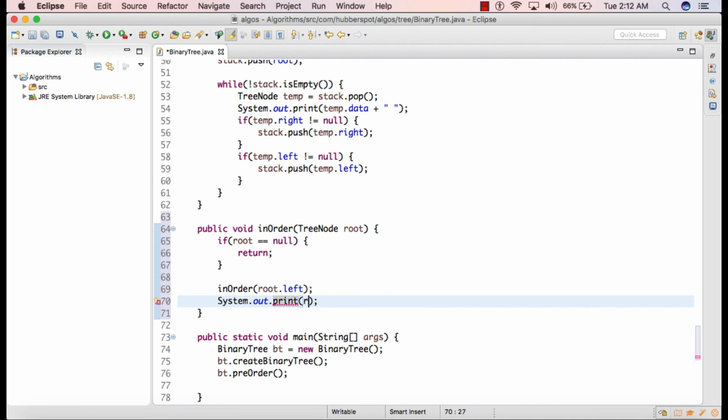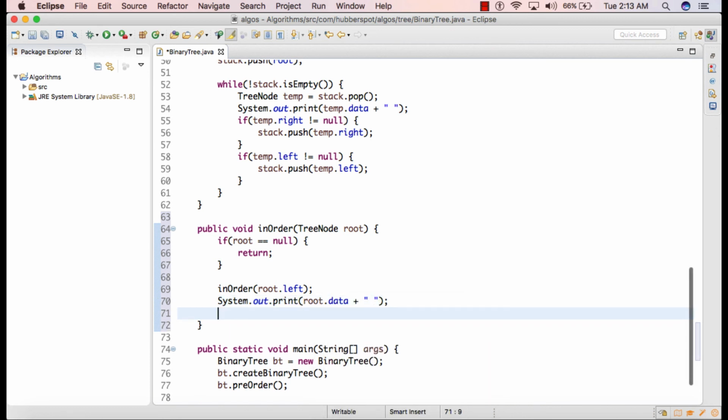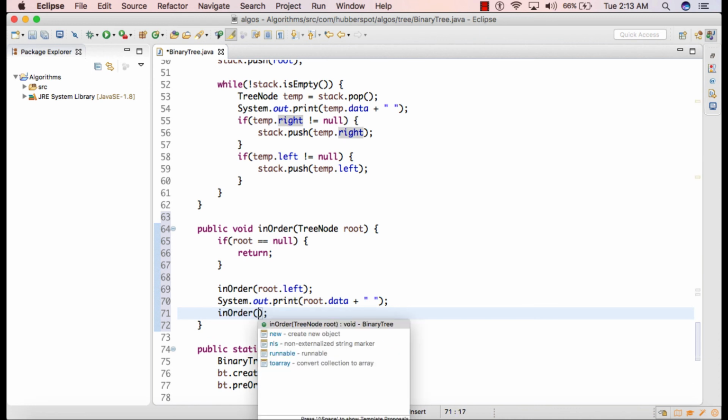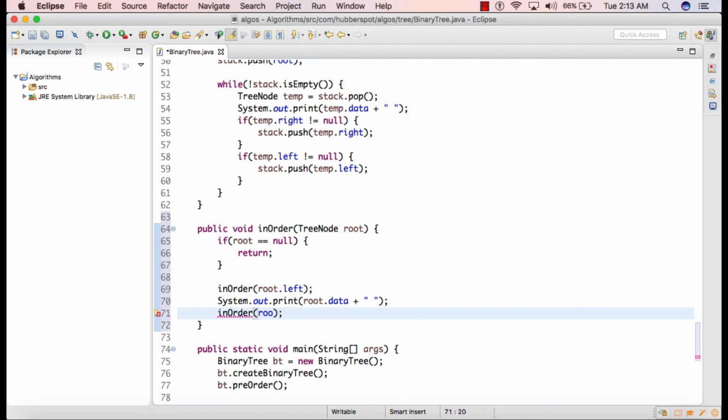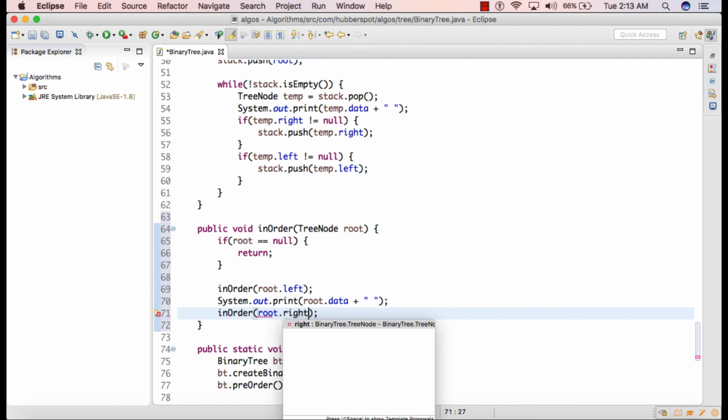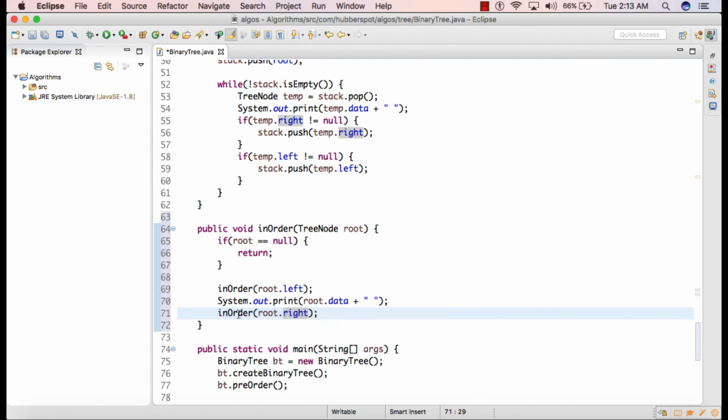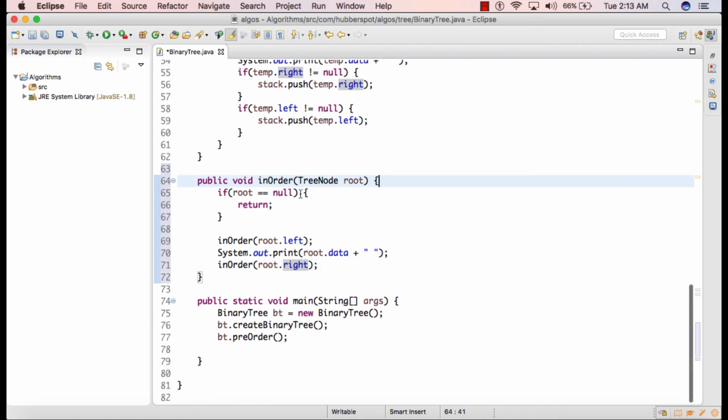So we simply print root's data on the console, and in the last step we'll again call the inOrder method and process root's right subtree by passing root's right to the inOrder method. So friends, this is the algorithm for the inOrder binary tree traversal. Now let's test its working.